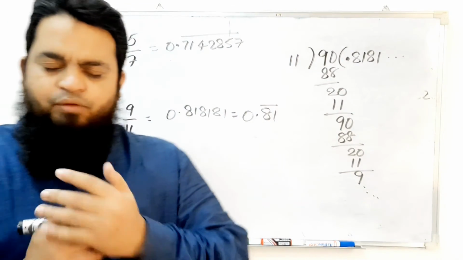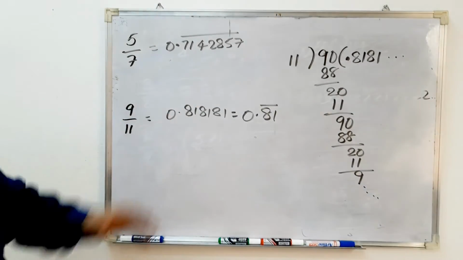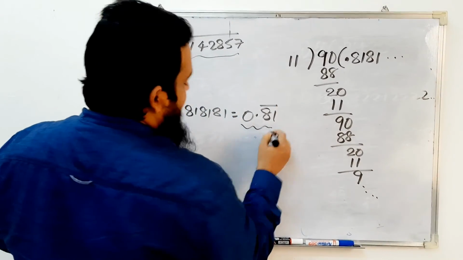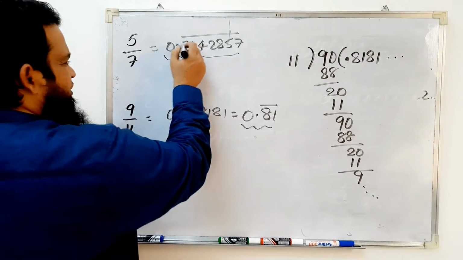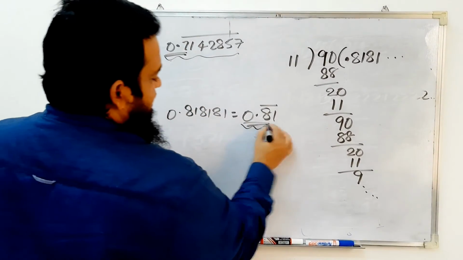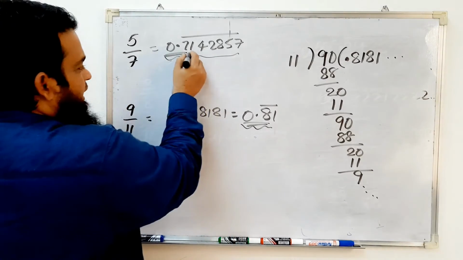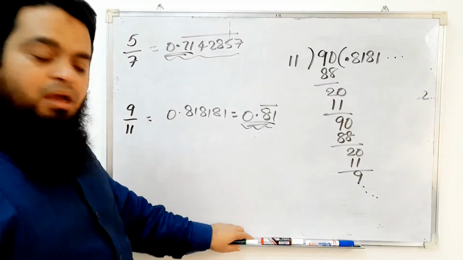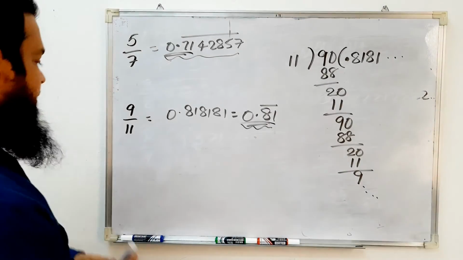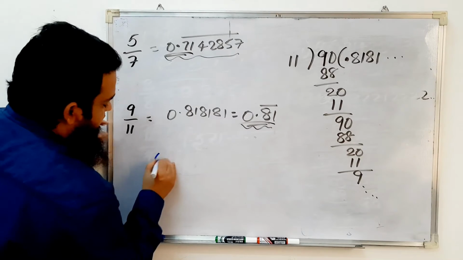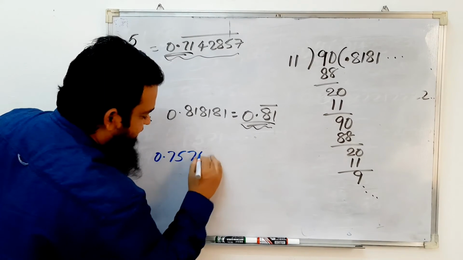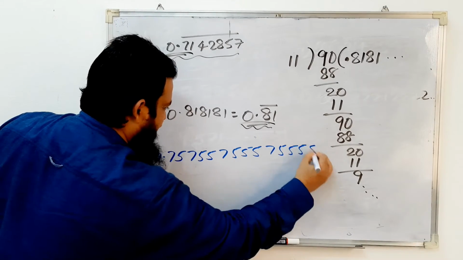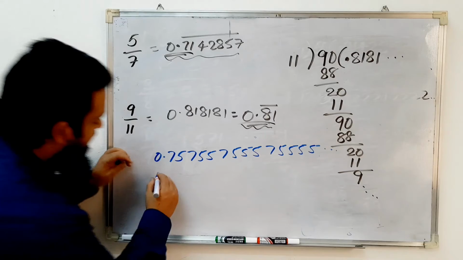So now you have to find 3 irrational numbers between these two. Let us see the first decimal parts, 0.7 and 0.8. Next let us see 0.71 and 0.81. So what can be the 3 irrational numbers which you can write? The first one, I can write as 0.75, 0.755, 0.7555, 0.75555, and so on.